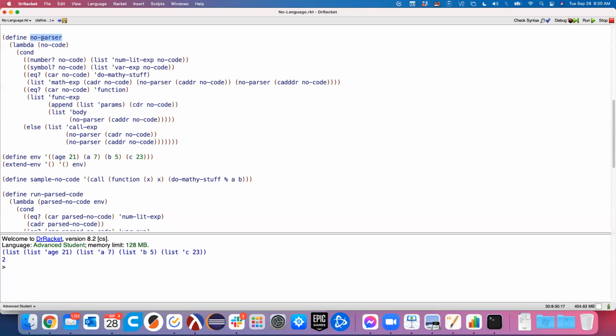So we can map no parser, which just takes in no code, a single parameter, across that list, right? Because it used to be CADDR. So now the CDDR will give me a list of no code expressions. And I want to map no parser across that list of expressions. Map this function across this list, which should give me, in the end, a list of parsed code. Good. Can you also get rid of the line above that and just make it map and above it to the